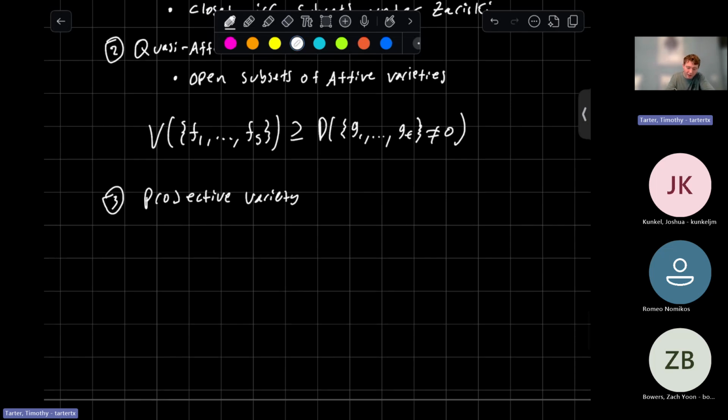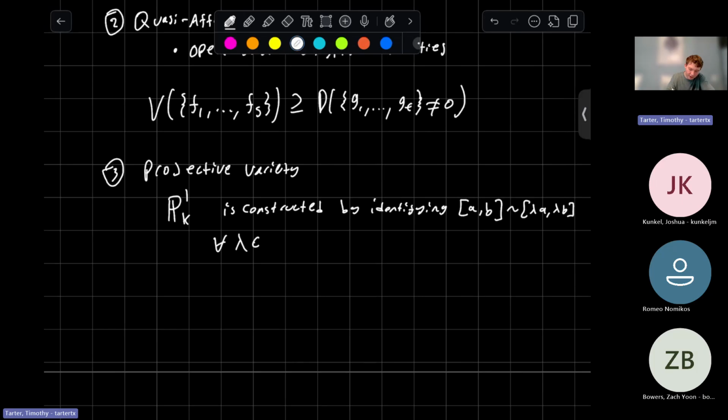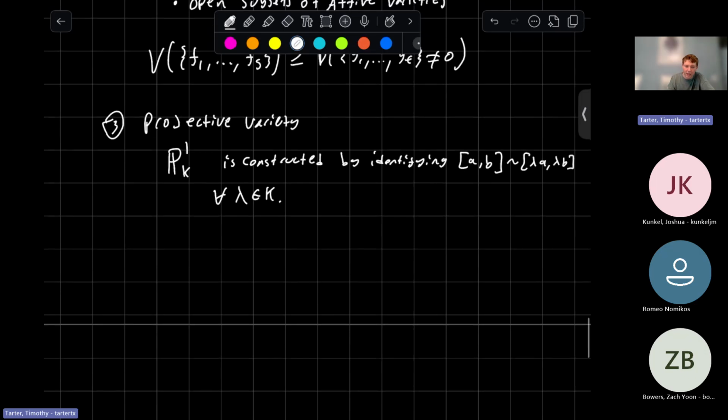And what projective varieties are is, and I'll just talk about the projective line over a field K. The projective line is constructed by identifying points A and B with lambda A and lambda B for all lambda in K. So what's the real idea here? Well, it's something that's invariant under scaling. But another construction of it is that it is n plus 1 copies of affine varieties